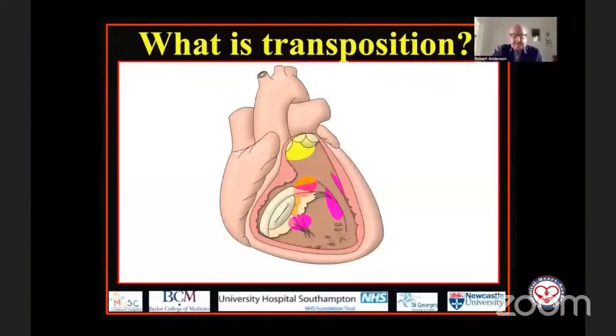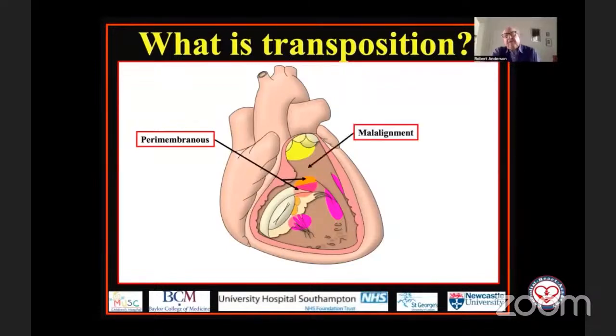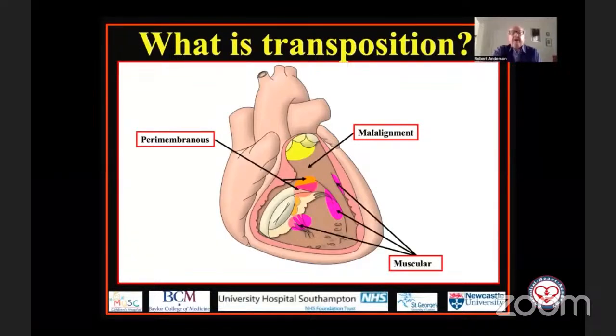So, Diane has shown you an example in which the ventricular septal defect was perimembranous. And many times when you have such perimembranous ventricular septal defects, there is malalignment of the muscular outlet septum, although that was not an obvious feature in the heart that Diane showed you. We can also have muscular defects. They can be anywhere within the ventricular septum, as they can in hearts with concordant